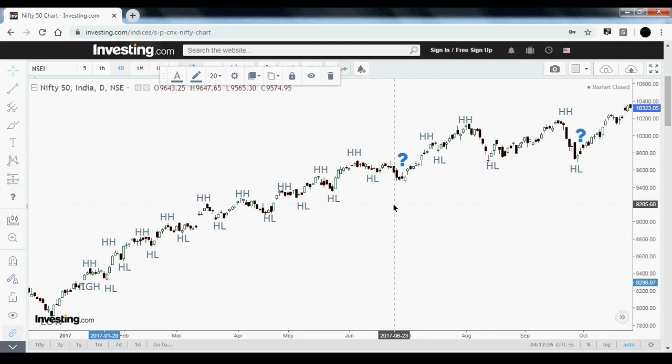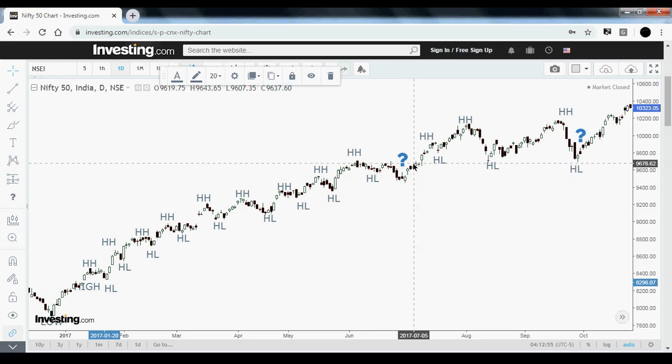Because for any kind of trend, uptrend or downtrend, we need a pattern of higher highs and higher lows, or lower highs and lower lows. So here in this case we had a lower high, and also we had a lower low. That is fine. Now we have to see if in the next advancement we are making a lower high or if it is still continuing. So here, if you see, we had a high, we had a low, the next high was a lower high, lower low, and then for the confirmation, when we were checking,